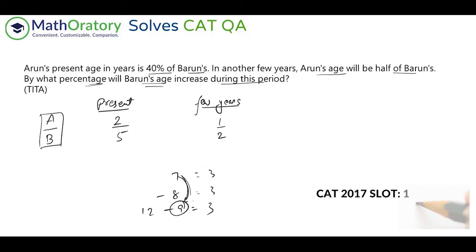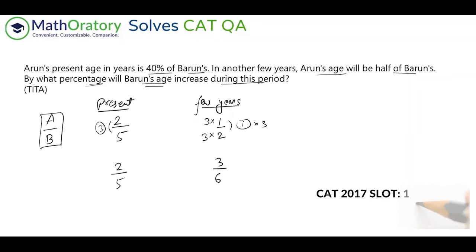So let us first get the parity here, so you'll understand what I'm saying. Just by reading the question, you should understand that Arun's and Barun's age difference should remain constant, because these are the same two people. Here we have a difference of 3, and on this side, we have a difference of 1. So to get that parity, I need to multiply both of these numbers by 3. So now we have 2 and 5 for the present age, and 3 and 6 for after a few years. You can see that the difference in ages, the increase in age, becomes equal.